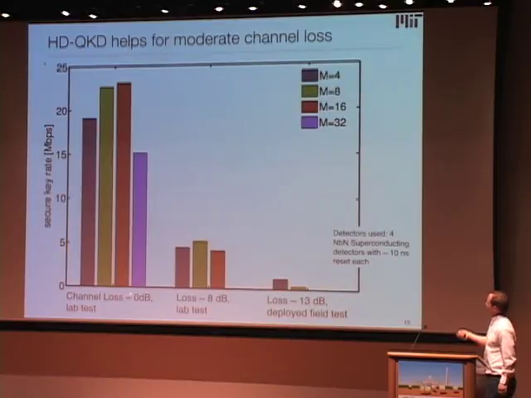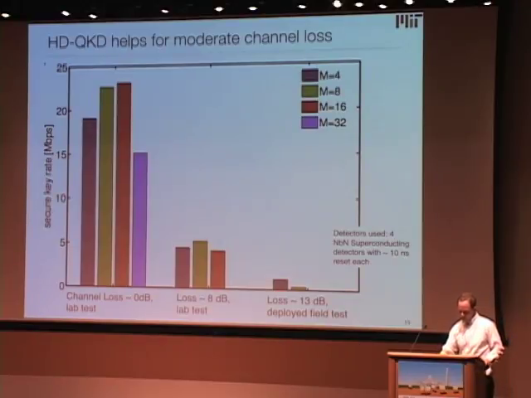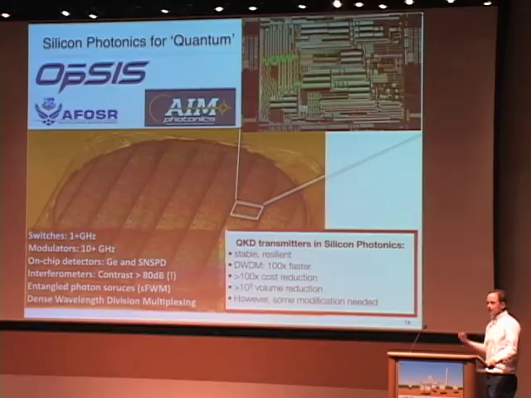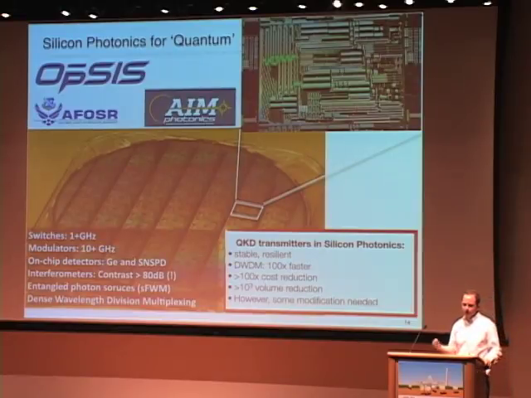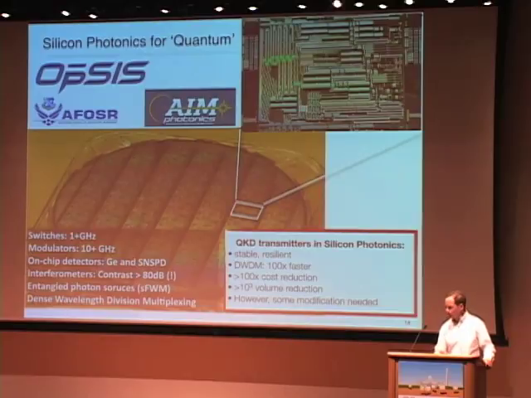So here's a summary of the secure rates that we can get in this channel for different dimensionality of the encoding. You see that if the channel has low loss, so 0 dB, basically Alice and Bob are connected, then an encoding with a total of 16 temporal modes is optimal. But as you introduce loss, and you can see finally here with 13 dB of loss of the deployed fiber, it's best to work, as most people do, in the two-dimensional encoding scheme. Okay, but nevertheless, here's a way that you can come closer to the channel capacity by using high-dimensional encoding.